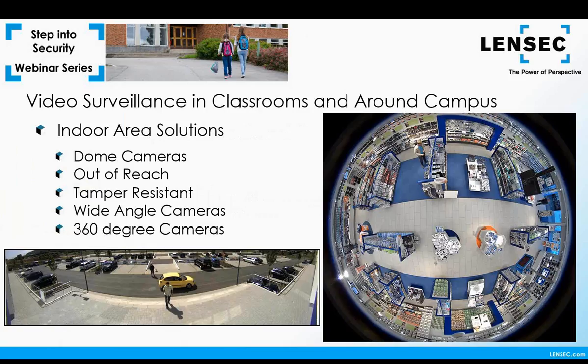Dome cameras have a small footprint and blend well into the indoor environments. They're less obvious than box cameras, as it's a little harder to guess where they may be pointing. Cameras should be positioned up and out of reach. If they're low, then students or people that are breaking in or other folks might be tempted to move them around, unplug them, or damage them. Up and out of the way is a better placement.